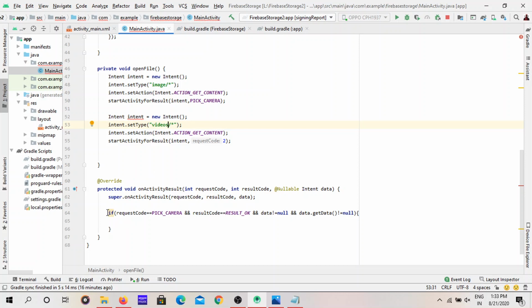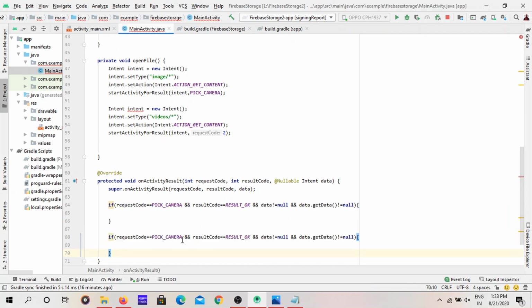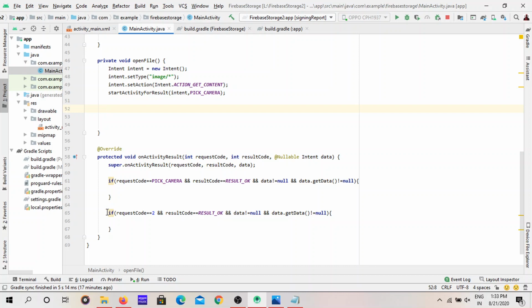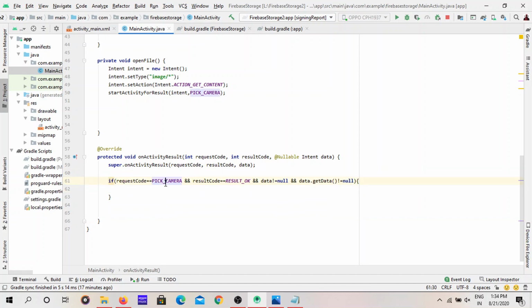Then you have to write another if condition: if the request code is 2. So this is the way to give the data to those intents. This if condition is the link. If the request code is pick camera, you allow the intent to get the data.